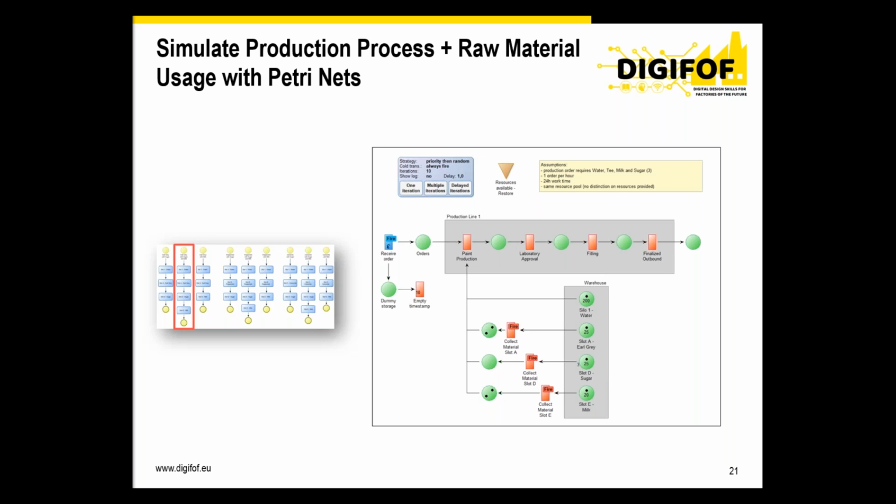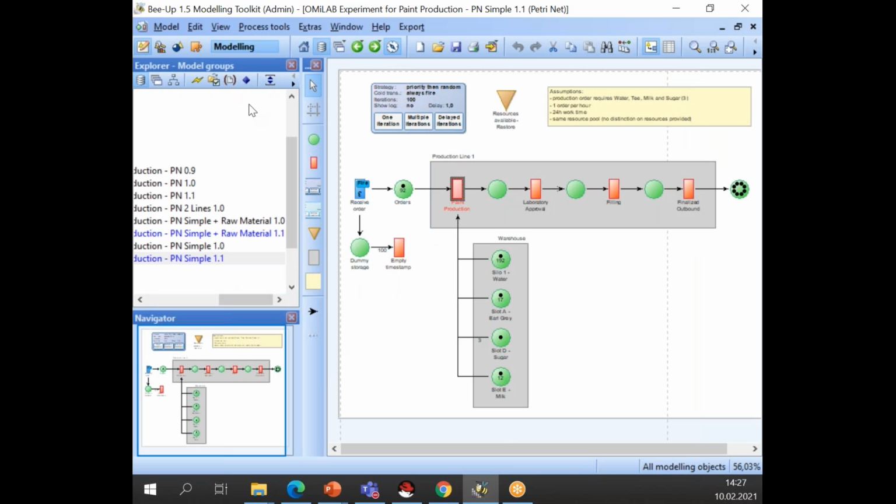And as already mentioned before, Petri nets can be used to create such event logs, and therefore, additionally, the raw material is digitized by creating timestamps for each raw material event. And while simulating this Petri net, log files are created based on the digital world. These log files can be used for further analysis and might be helpful for redesigning warehouse layouts or other raw material requirements. And I will now again show you in Bee-Up